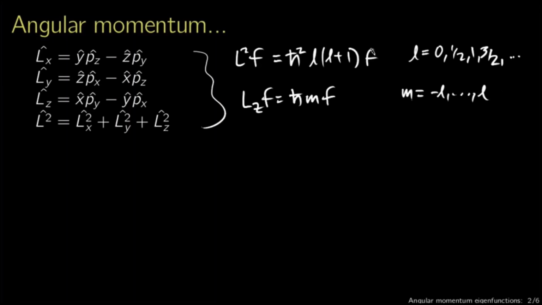So our eigenvalue structure here, as I mentioned, doesn't tell us anything about the actual form of f. When we were working with the one-dimensional quantum harmonic oscillator, we were able to derive, for instance, the ground state by knowing that the lowering operator acting on the ground state gave us 0. That was a differential equation that we could work with since we knew differential forms for the lowering operator. We can do the same thing with the angular momentum operators, but in this case, it's more worthwhile to think